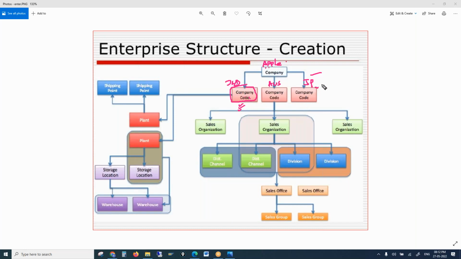If Apple is doing business in Japan, then the currency, the language, the rules and regulations, and everything would be Japanese, right? So whatever profit and loss Apple is making in Japan, is it in any way concerned with India? No. No, sir. But what happens if the profit and loss of